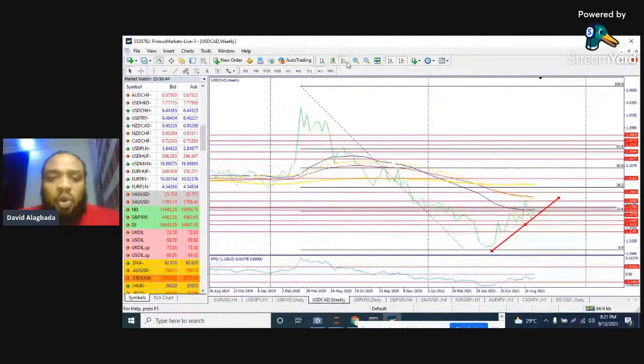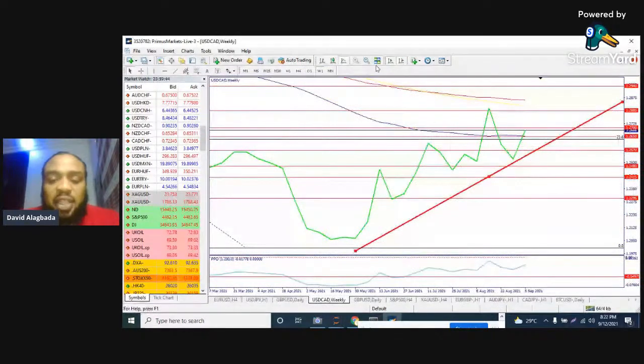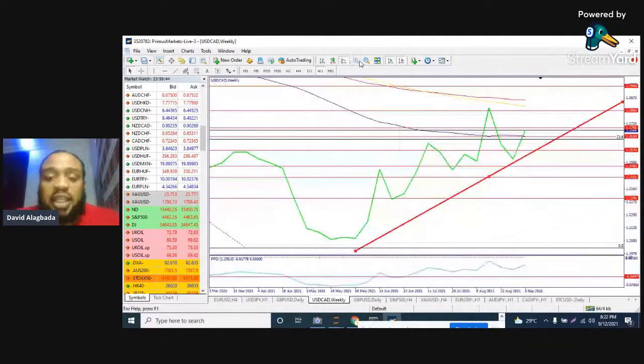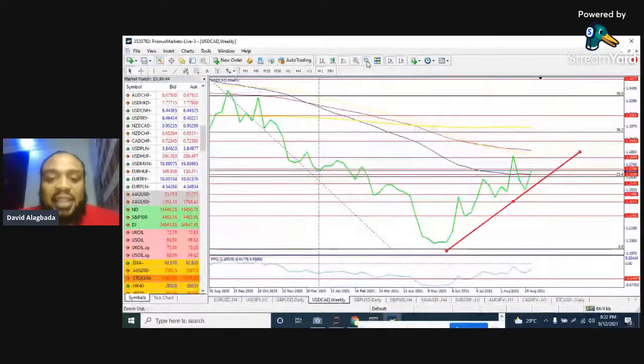Okay, guys, we're still looking at the... I quickly went to the line chart a little bit here so that it clarifies this. So I took it away from the candlestick chart to the line chart a little bit. Okay, what you can see here is a bit clearer, the sort of resistance and support relationship. Price. Okay,